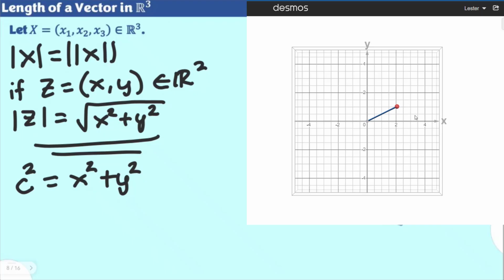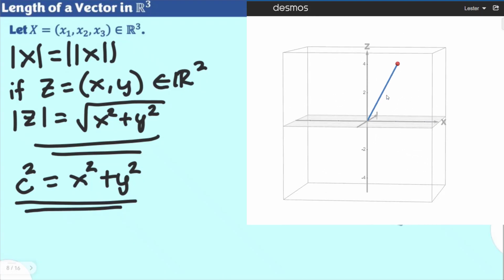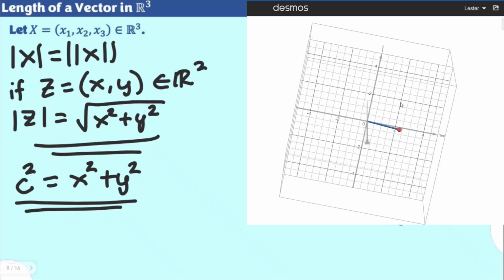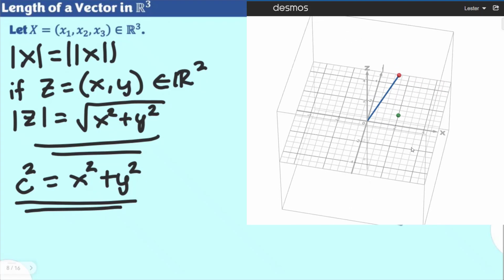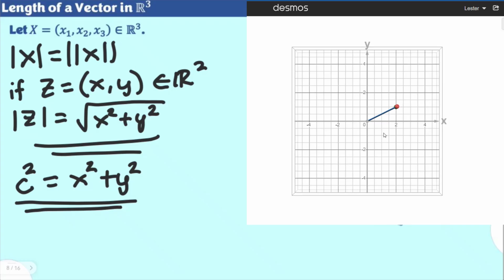But this c squared we are writing here is not necessarily the same vector as it is. It is just the representation of our vector along x and y axis. If I may, this is how it would look like in our plane, in our x and y plane. Okay, it would be corresponding to this given point here. Okay, so that is the point along the x and y plane. And if I'm going to draw a certain line segment to that, or the vector towards that point, okay, allow me to input it here in the meantime.